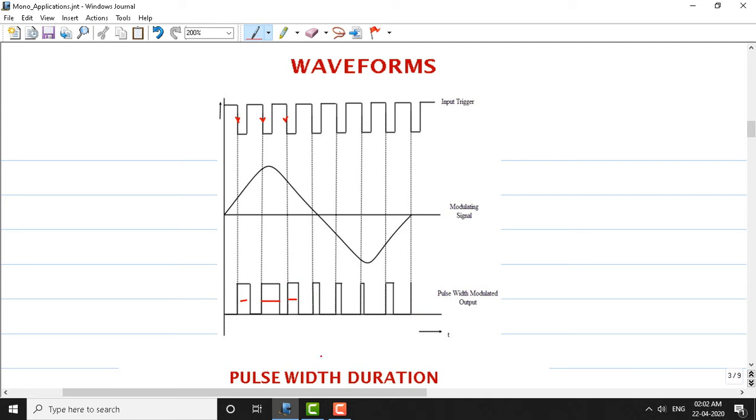Now this is actually the manipulation, with reference to the capacitor charging. As the sinusoidal amplitude keeps increasing, the capacitor will take more time to charge. As and when the amplitude decreases, the capacitor will take less time to charge in the original circuit. So this waveform can be understood by looking at the circuit simultaneously along with the waveform. That helps us in understanding it. This kind of variation in the width of the pulse in accordance with the sinusoidal signal is called pulse width modulation.